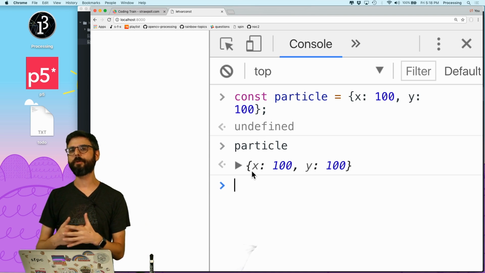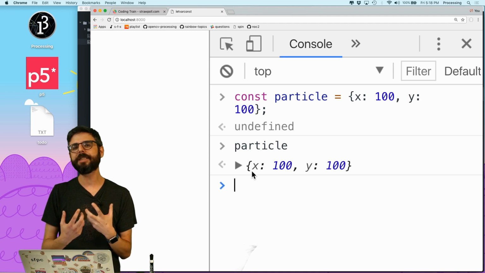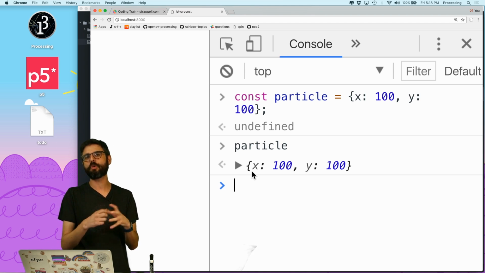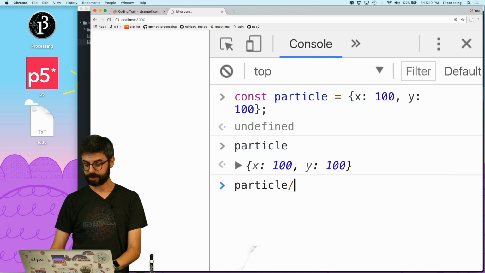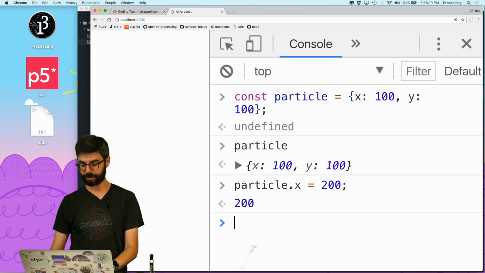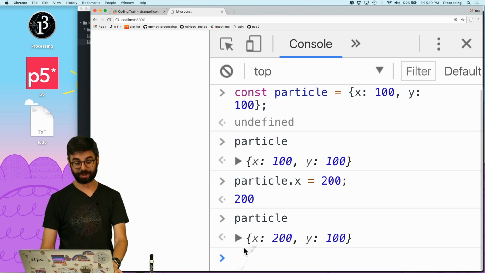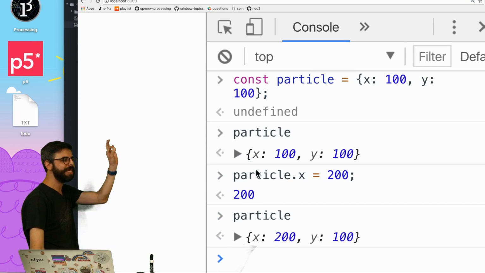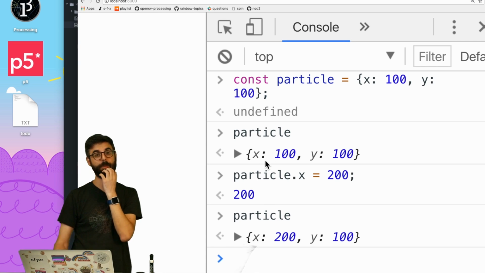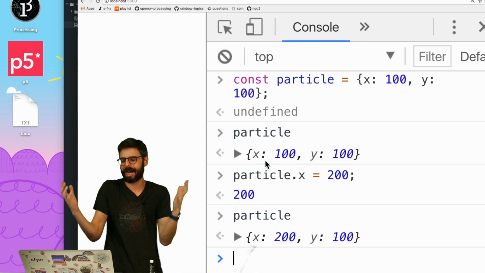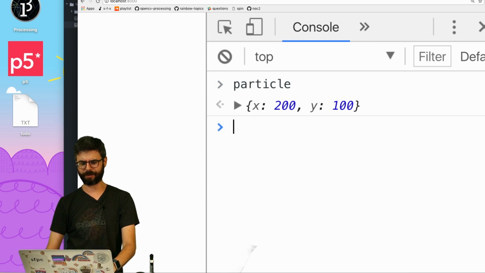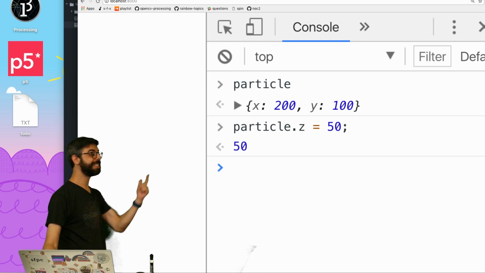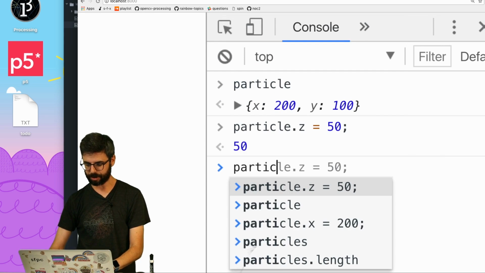But interestingly enough, when you make an object a constant, that doesn't mean you can't manipulate the inner workings of the object. Like I can actually say particle.x equals 200, and that is totally valid. So I can change those internal variables because those internal variables themselves are not constants. I can even do things like, which surprised me when I first saw this, I can say particle.z equals 50, which means I can add another